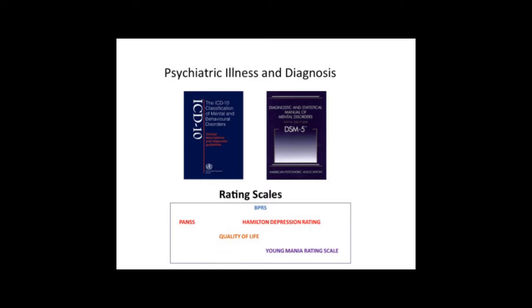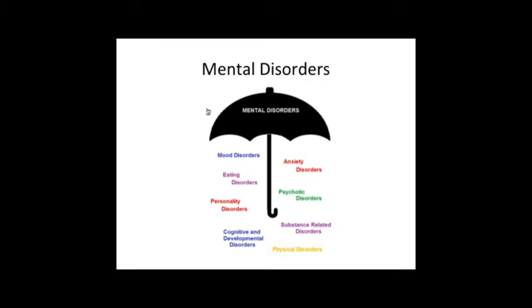If you look at the major mental disorders, we're going to cover them individually in separate lectures. They range from mood disorders to psychotic disorders, as well as anxiety and also cognitive and developmental disorders. So as we go through each one of these subjects, we will talk about their etiology, the diagnosis, the clinical presentation, as well as how drugs work and how treatment strategies are planned for each of these categories of illness.